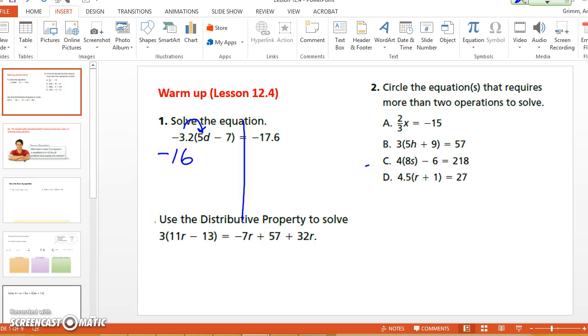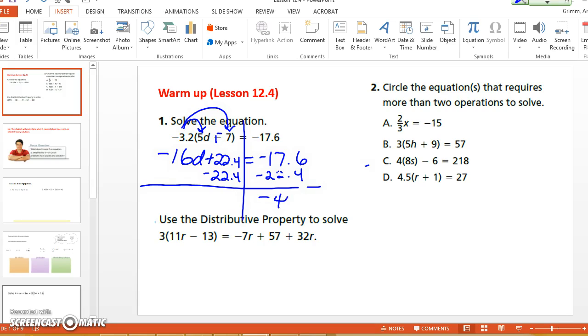Negative 16d. And then this is a negative 3.2, and technically that's a negative 7. So that's going to make a positive 22.4. Okay. 22.4 equals negative 17.6. So at this point, I need to subtract 22.4 from both sides, which means these are both negative. So I add these two together, and I think I get negative 40. Yeah, negative 4.8. And then, because this one started off in decimal, I'm okay with you leaving the final answer